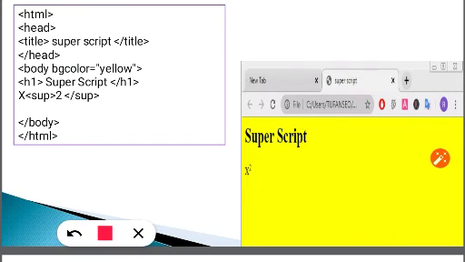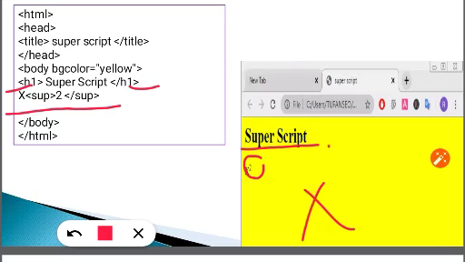Now after that you can see the superscript written over here. This is the heading, so for that we have used the heading tag, which we did in our previous session. Now over here you can see x is written normally, but to have that 2 as superscript, we have SUP, and whatever text you want as a superscript, you will write in between those two tags.